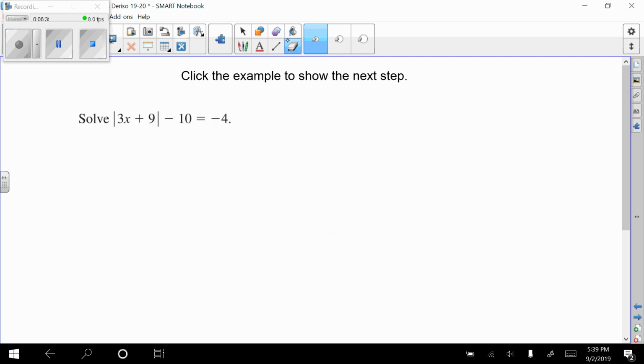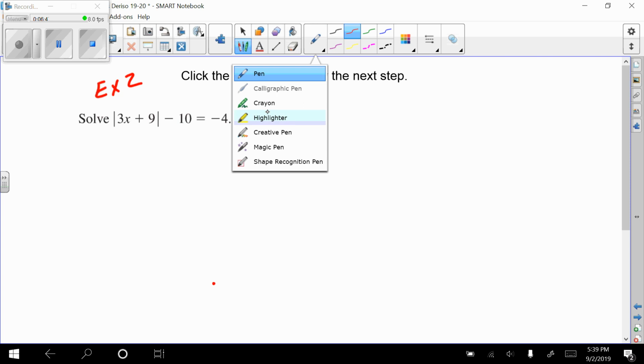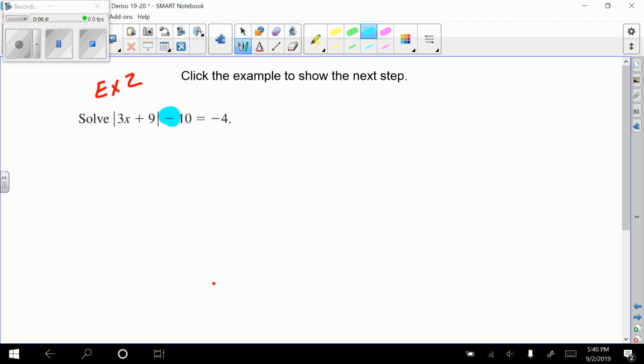This is example number 2. Now this creates a little bit of complexity. We're going to solve it the same way, but we have something to deal with. We have to make sure that whatever is inside the absolute value sign is all by itself on whatever side it is before we solve it. So I'm going to write a little note. I'm going to do a little asterisk. I'd like you to do that as well. And you're going to say, make sure